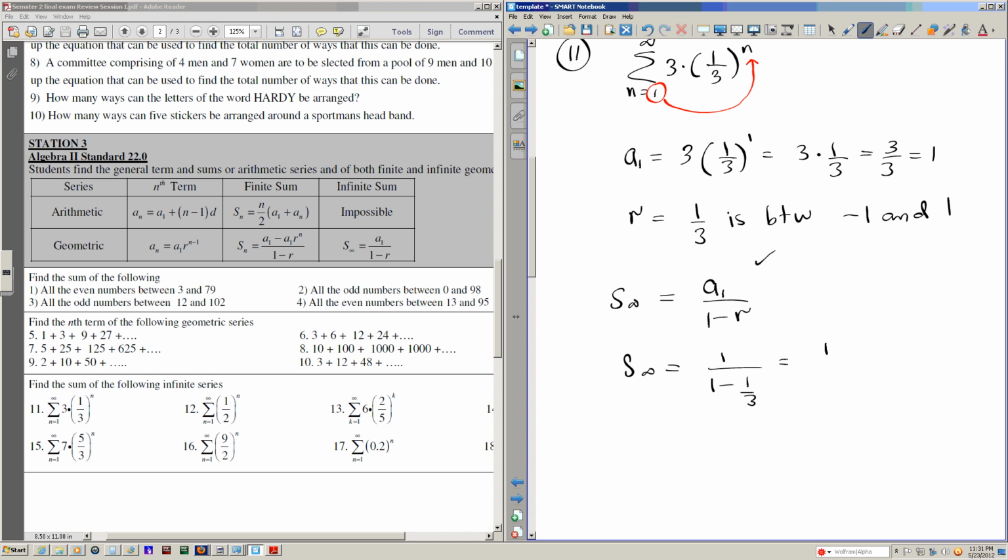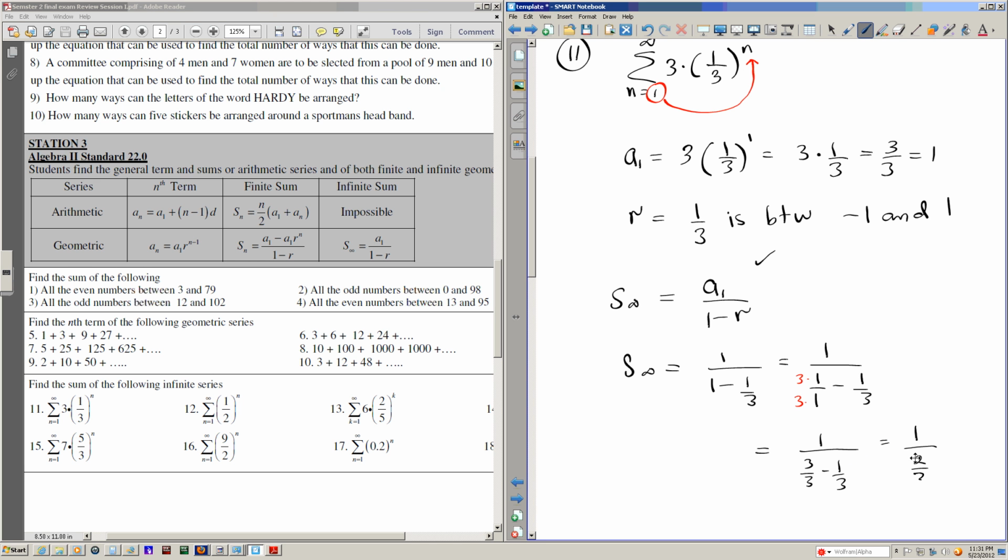So you're going to have 1 over 1 minus 1 over 3. So you multiply this by 3 top and bottom, and your answer is going to be 1 over 3 over 3 minus 1 over 3,